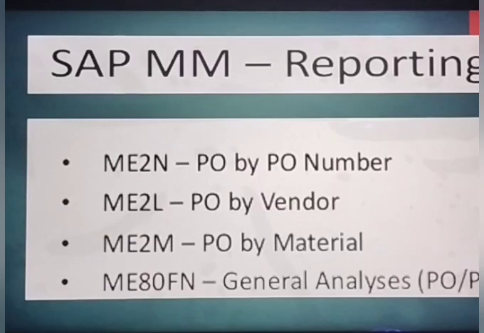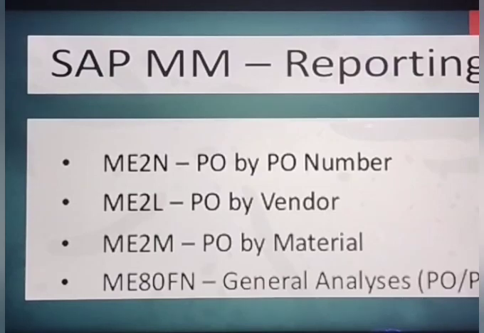Moving on to the next one. Here we talk about the reporting T codes. If you want to see the list of purchase orders by purchase order number, that is ME2N. And coming to another scenario where you want to see the purchase orders vendor-wise, wherein you need to give the vendor number and check the list of POs raised by the particular vendor, that is ME2L. And if you want to see the purchase orders material-wise, that is